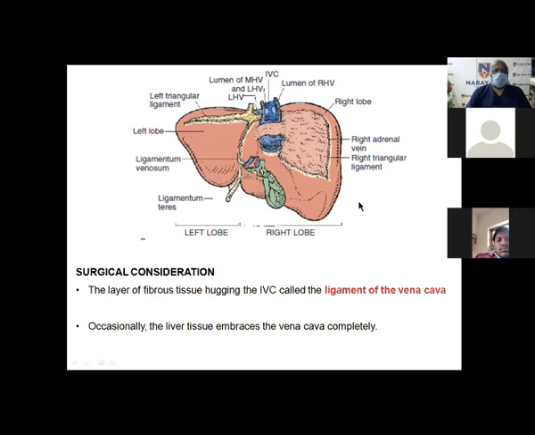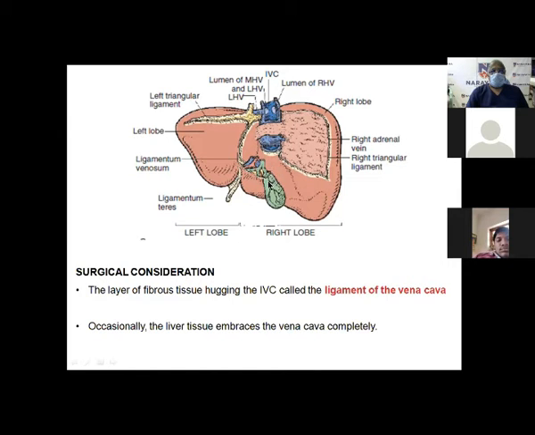Now we are seeing the diaphragmatic surface, the upper portion of the liver, which is attached to the diaphragm in the form of the left triangular ligament, superior and inferior coronary ligaments, and right triangular ligament. This is not covered by any peritoneum. That is called the bare area of the liver. That is the IVC. These are the openings of the left and right hepatic veins, and that becomes the IVC.